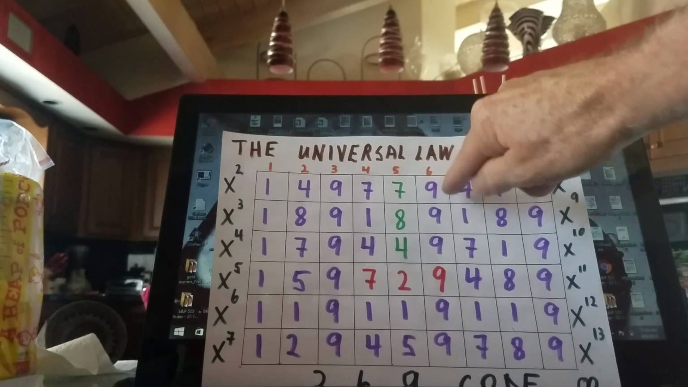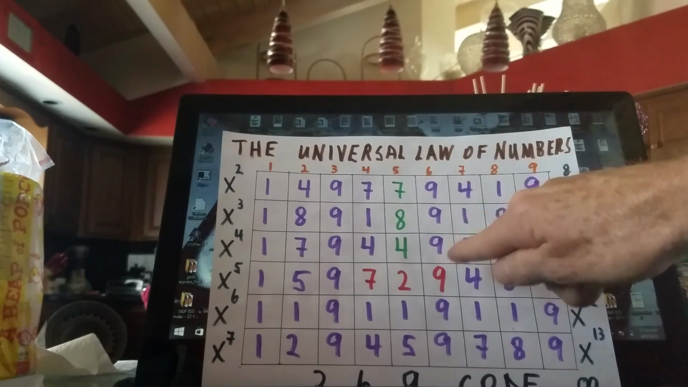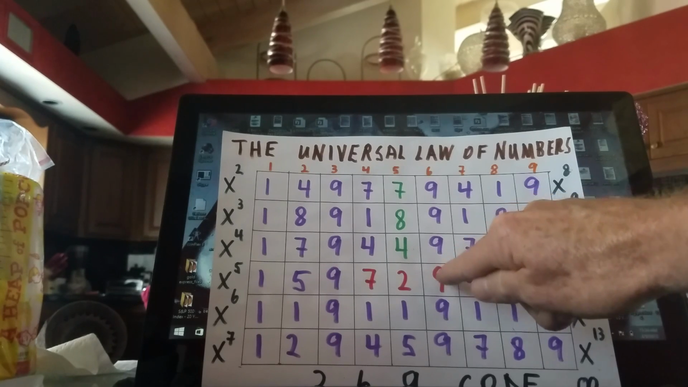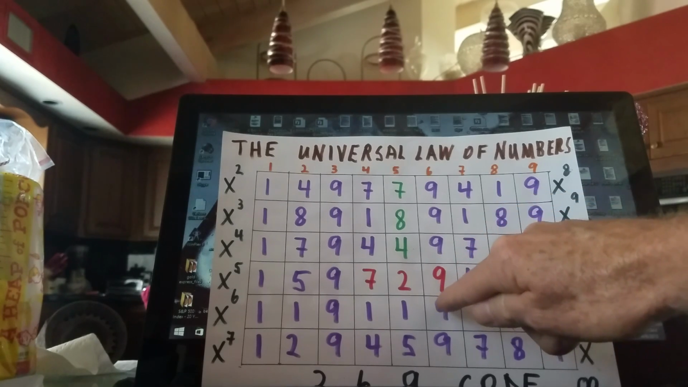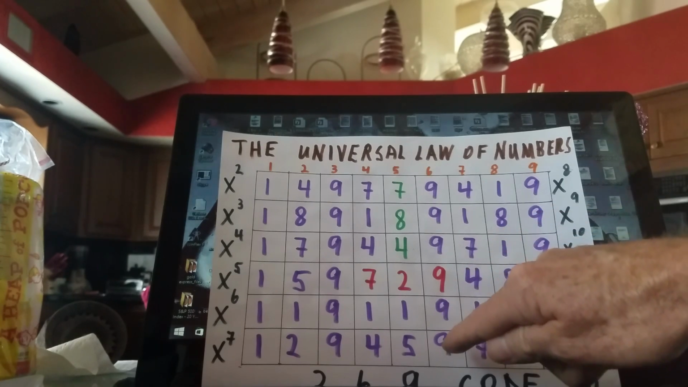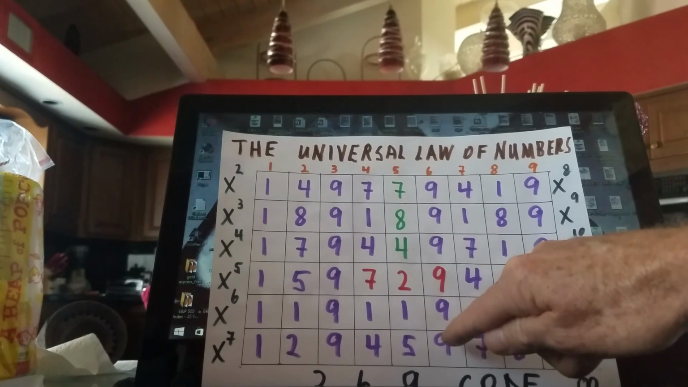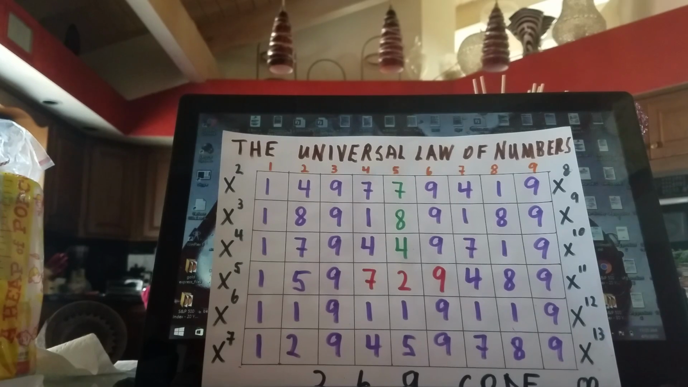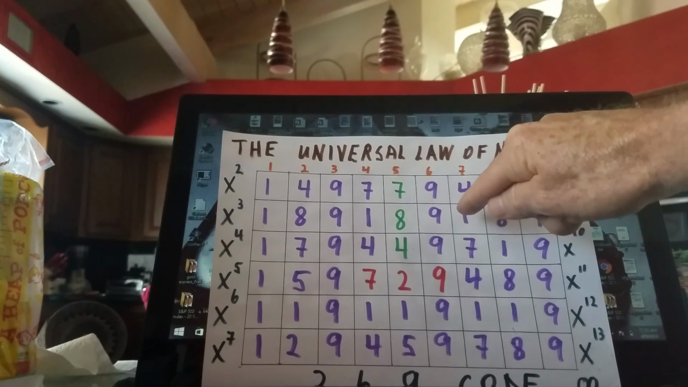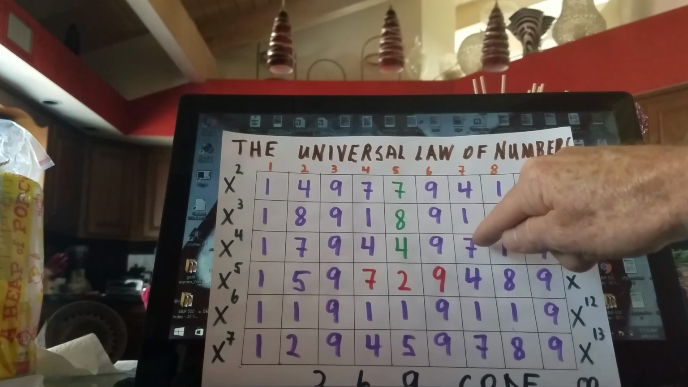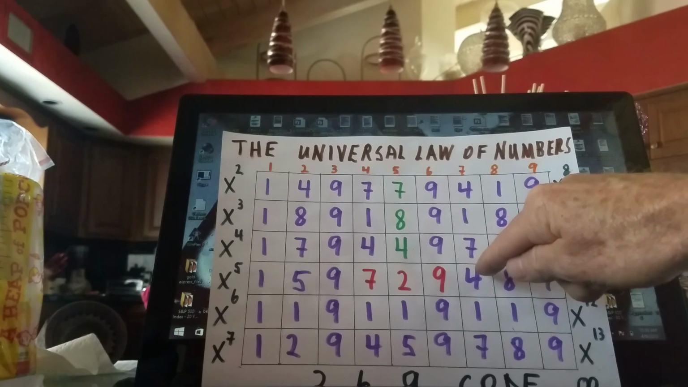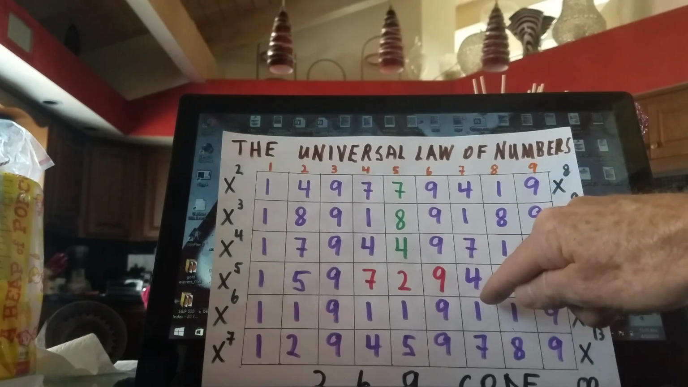6 times 6 is 36, times 6 is 216, times 6 is 1296, times 6 is 7,776, times 6 is 46,656, times 6 is 279,936. 7 times 7 is 49, times 7 is 343, times 7 is 2401, times 7 is 16,807,